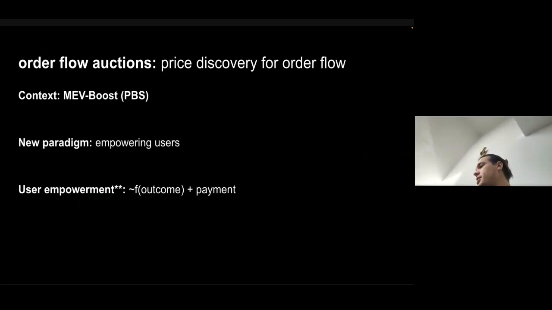But I put two asterisks here because this is actually not a great way of thinking about user empowerment. Users, I think many of us in blockchain agree, actually think about more than that. For example, users care about the security of the system they're using, even if it's implicit, right? If there's some small risk that the exchange you're trading on completely rugs you and takes all of your money, that should be priced into this, right? Latency should be priced into this, and there's UX and all sorts of other things that come into this. So this is a first approximation of what users care about, right?